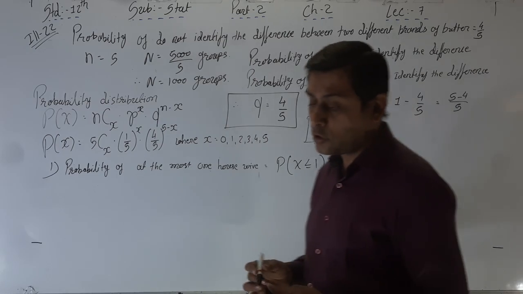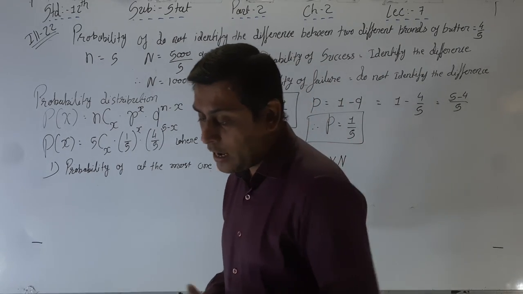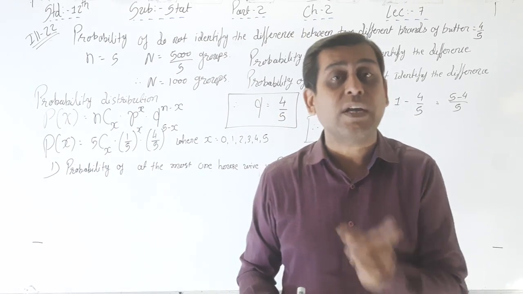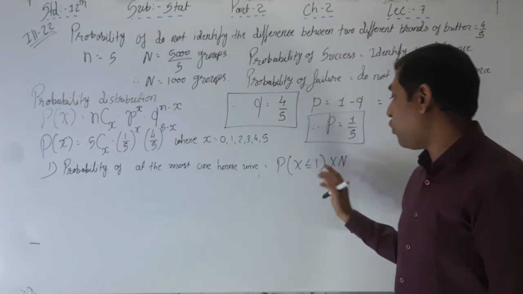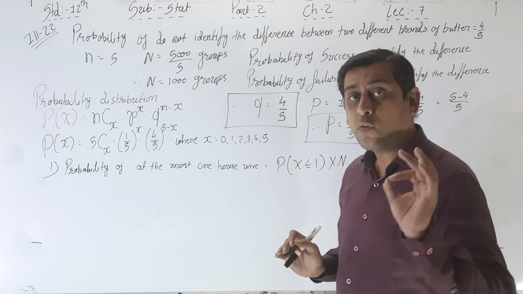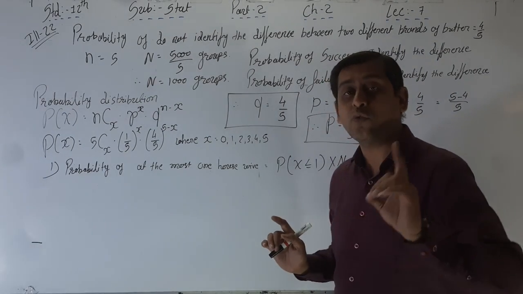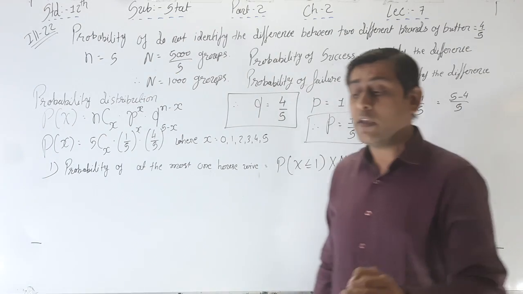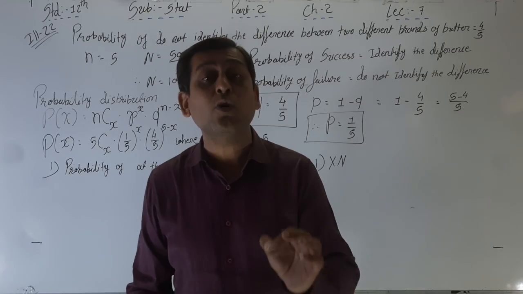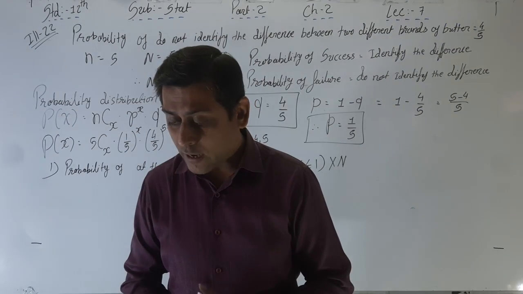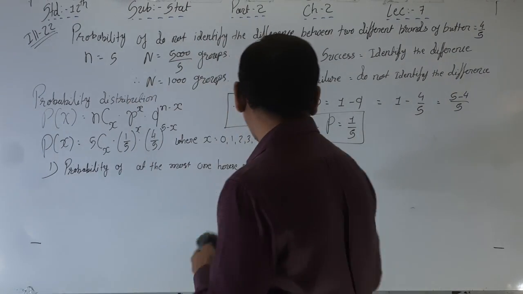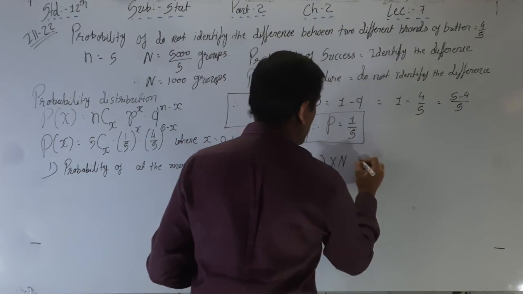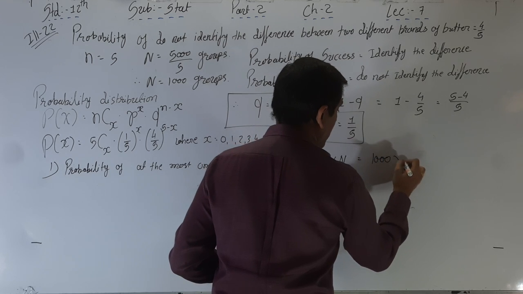Probability of at the most. See the question: if the claim is true, in how many groups? The question is how many groups, that's why we have to multiply with N. If only the question were to select at least one in the five housewives, that would mean P of X less than or equal to 1. But here the question is in how many groups, that's why we have to multiply with N. So 1000 into